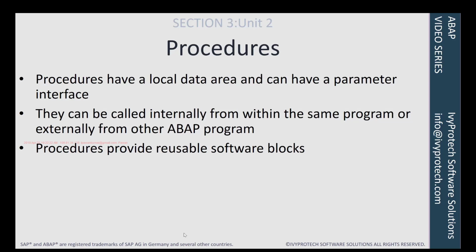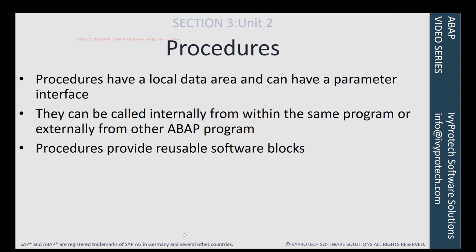For example, if you have seen our reports, so far we are writing using the write statements to print the output, and it was taking a lot of time. And this is something you do in a lot of programs. In all the reports, that's what you do. You select the data and display it to the user in the output. And every time if you have to spend your time in using those write statements to format the output, as a developer, you'll end up spending a lot more time, right? So instead of that, SAP provides a function module or a method to which you can pass your data that you want to display in the output, and it will take care of displaying it in the output. So you don't have to sit and use those write statements in your program, right? So that way it is very useful.